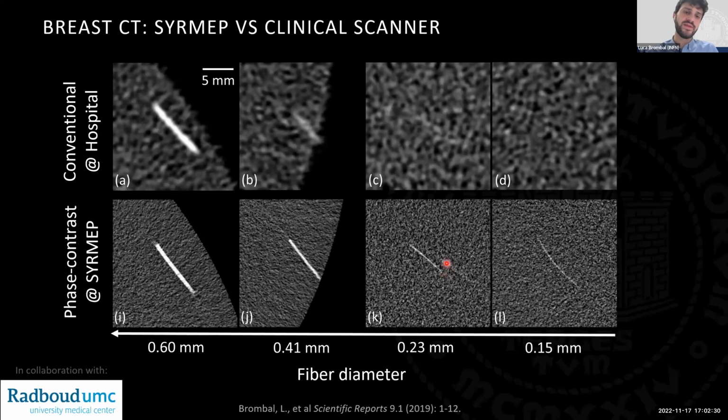So, a couple of examples of propagation-based imaging at the synchrotron. Of course, you are very familiar with that, so I'm going to go pretty fast. As you might know, also in Trieste at the SYRMEP beamline, we performed a lot of studies for a clinical study of breast CT, and one of the first things we did, once we had all our setup and our optimization, was to try to assess quantitatively the difference of image quality between a conventional breast CT scanner at the Radboud Medical Center in the Netherlands and our setup, provided that the dose to the patient was the